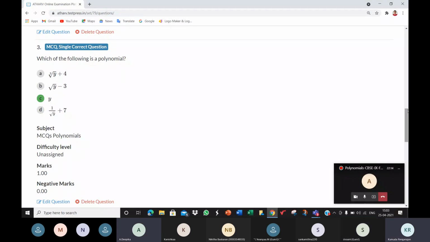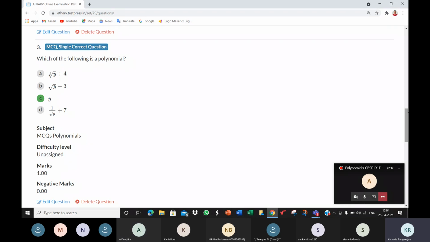X to the power 0, ma'am, or y to the power 1? No. There is already a variable, so we don't have to introduce another variable. If it is a constant, since we don't see a variable, we use x or y to the power 0. Now y is already a variable, right? So what is the power of y? 1, ma'am. 1, and 1 is a whole number.